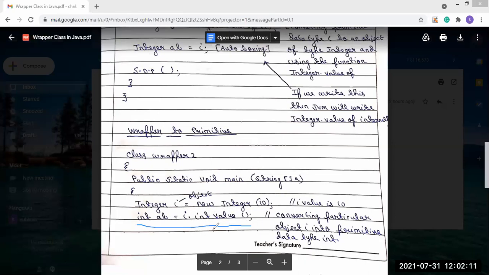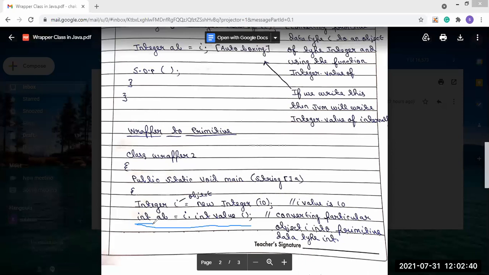With this object we are calling the intValue function, and the result we get will be stored in the variable ab because it is a primitive data type. So through the object of the Integer class we are calling the intValue function. After performing it, the result is stored in the ab variable, which is of int type.